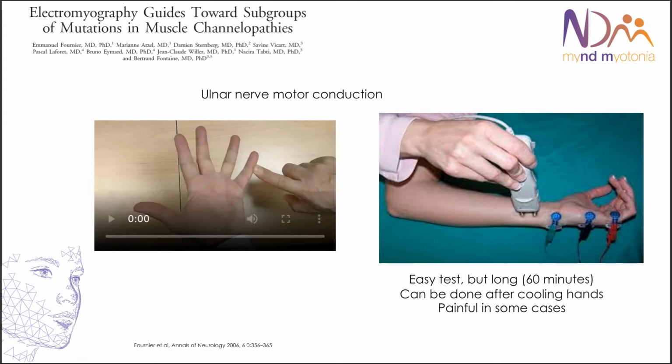So, what is called the Fournier test. The Fournier test is an EMG study that we use to try to distinguish between the different channelopathies. So this is a study that is performed with an EMG. In my opinion, it's very easy to do. It's not really difficult from a technical point of view, but it can be long. The main aim of the study is to try to reproduce what happens in a muscle after a contraction that can be short or long, and we want to analyze the motor action potential of a nerve.